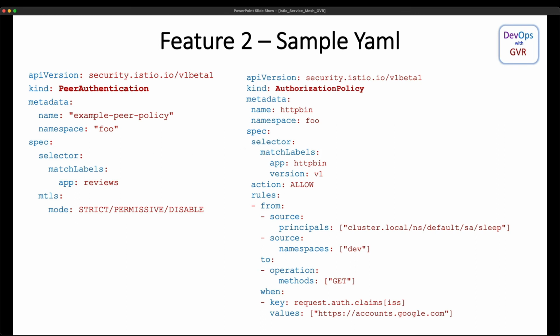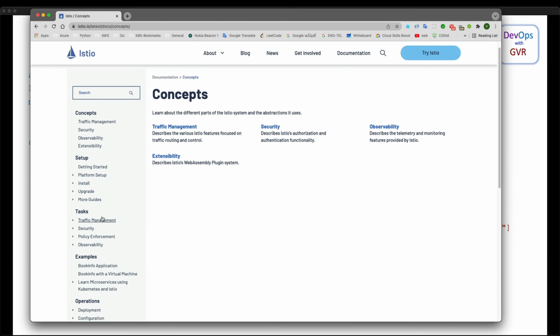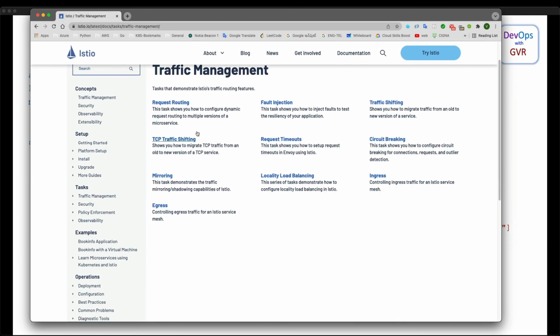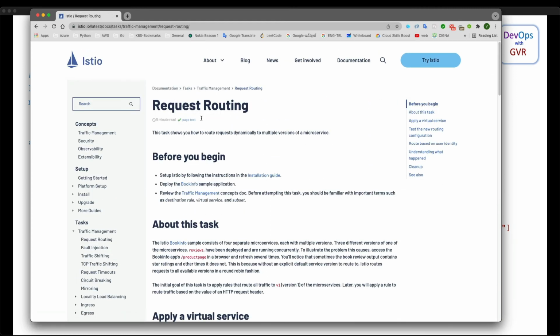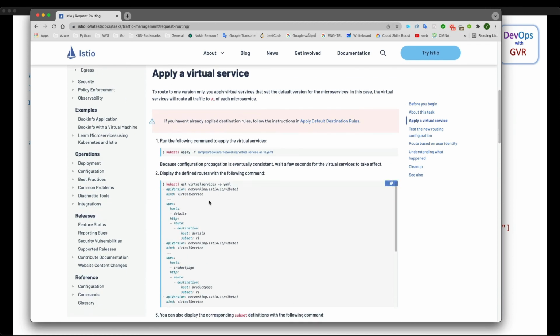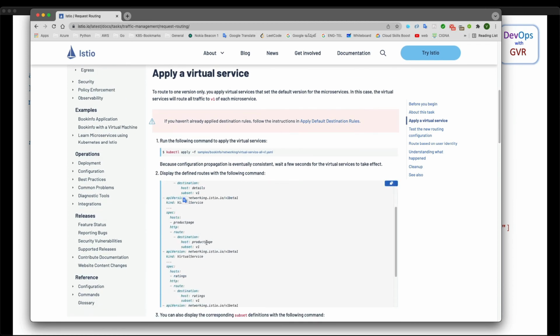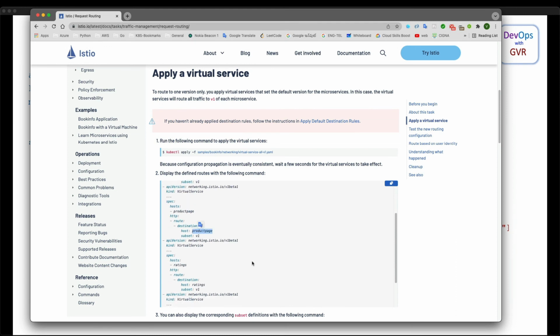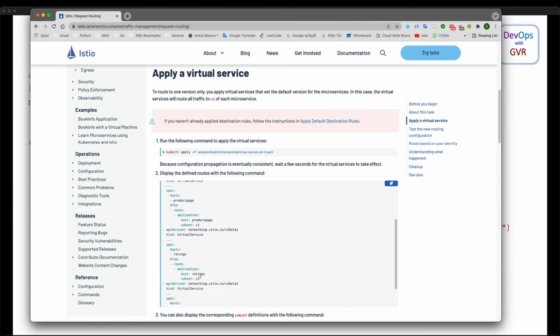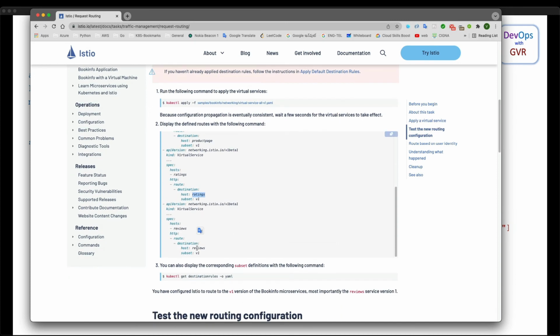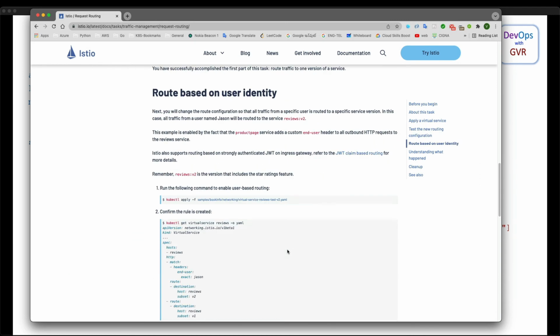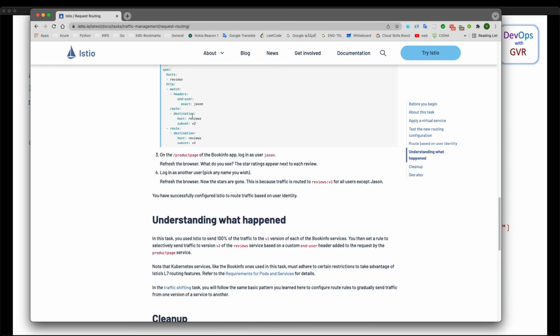If you look at Istio's official documentation, go to traffic management, which we just discussed, right? Request routing. Say I wanted to define a request routing. Ultimately you will define a virtual service, and product page is one of the services, ratings is one of the services, reviews is one of the services. Something like that. See here,